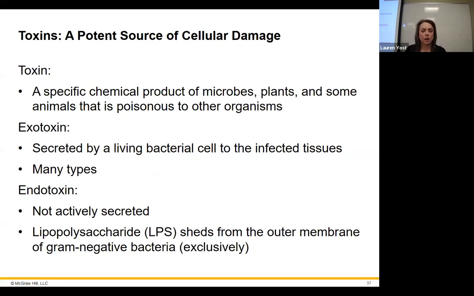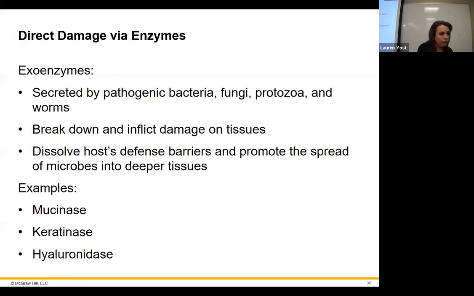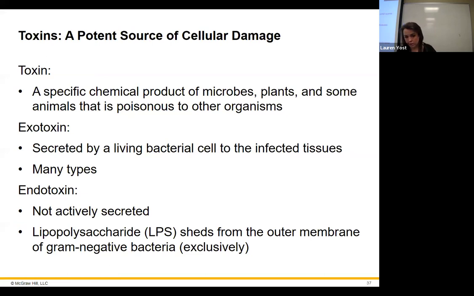Anything produced by any organism that causes damage and therefore acts as a poison to you is a toxin, okay? The organism produces the toxin, and that's a thing that causes damage and leads to disease and illness, okay? All right, exotoxins are secreted by living bacterial cells, exuded, anything that's exuded that causes damage, like the ones we were just saying here. These exoenzymes, they're toxins, they're exotoxins too. They're causing disease, right? They're both of those things at the same time.